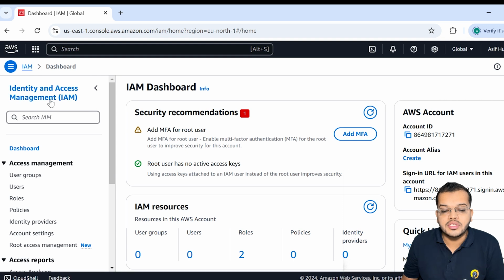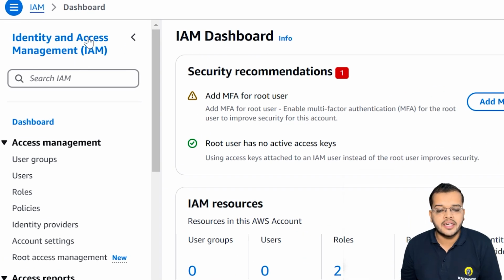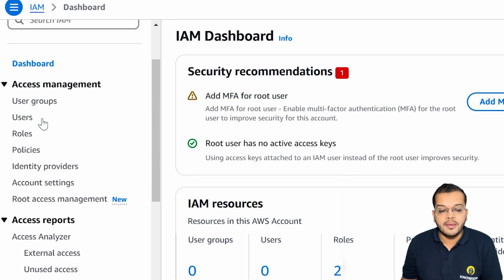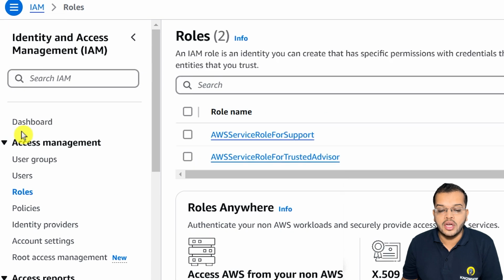What does IAM stand for? IAM stands for Identity and Access Management. Once we land on this IAM dashboard, we can see that I can create a role. Here we have something called Roles. What can I do here? I can go and create a role. As soon as I click on Roles here,